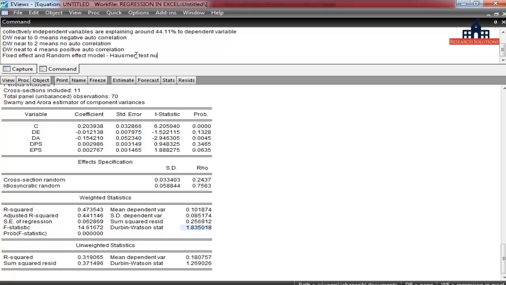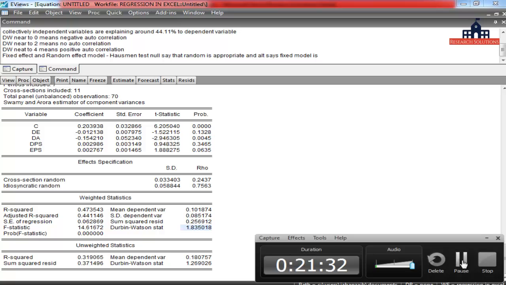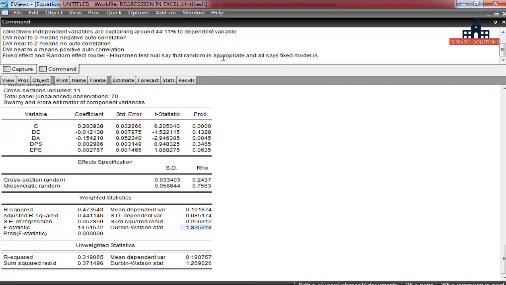The null hypothesis says that random is appropriate, and the alternative hypothesis says the fixed model is appropriate.